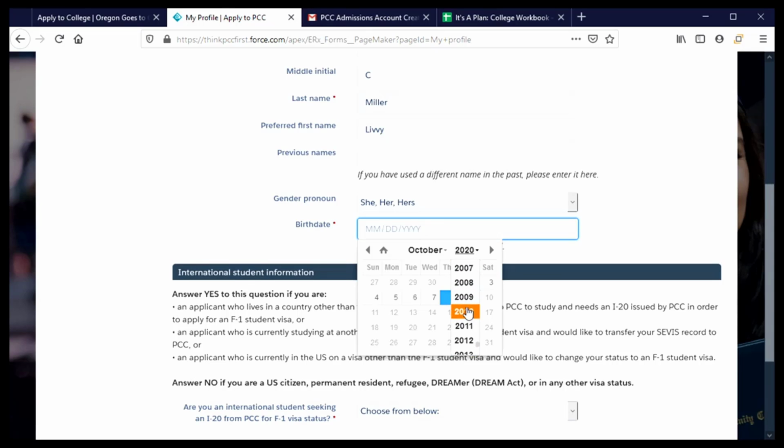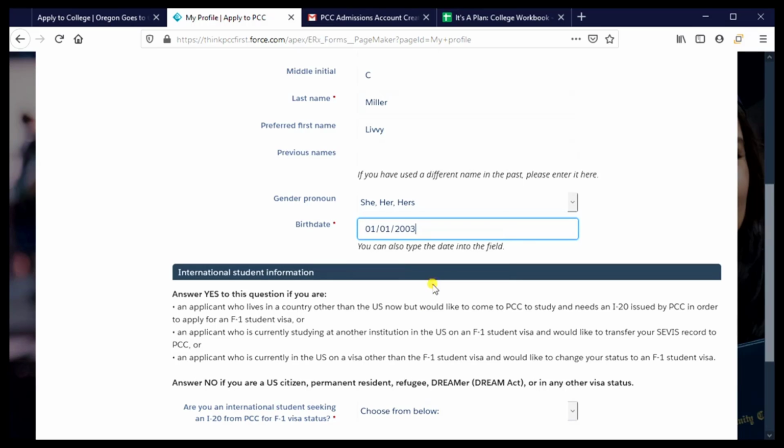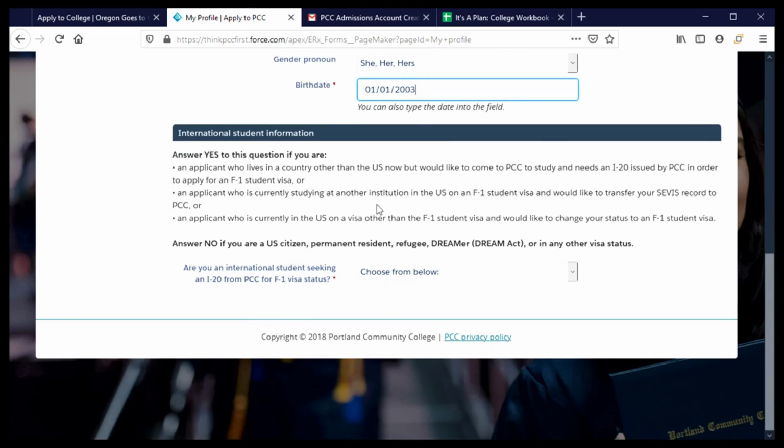I'm going to go back to the year I was born and the month, and I was born on the 1st, so a Wednesday, and there we go, and move on. This international student information